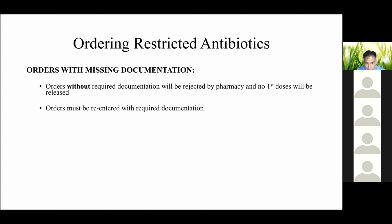And so if you don't do that, the pharmacy will reject it. If you don't do what I just said, the pharmacy will reject it and it must be re-entered. And so it's important because sometimes you want to get the antibiotic into the patient as soon as possible, and they may be really sick. So it's just really important to do this the right way the first time so you don't go through this